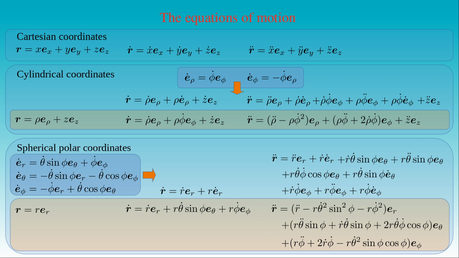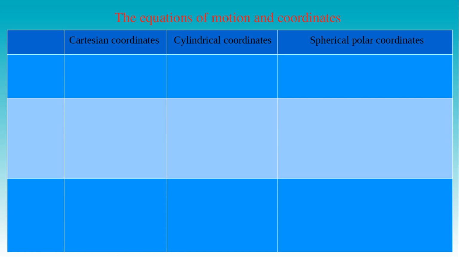Now we can use these results to give the components of the different kinematic quantities in these coordinate systems. Then we can list the coordinate expressions of kinematic quantities in all the three coordinate systems. Here we show a table with the columns for the Cartesian, the cylindrical, and the spherical polar coordinates. In the first row we specify the position vector r, as a function of the time t. For the Cartesian coordinates we have the coordinate functions x, y and z. For cylindrical coordinates the coordinate functions are rho, phi and z. For spherical polar coordinates the coordinate functions are r, theta and phi.